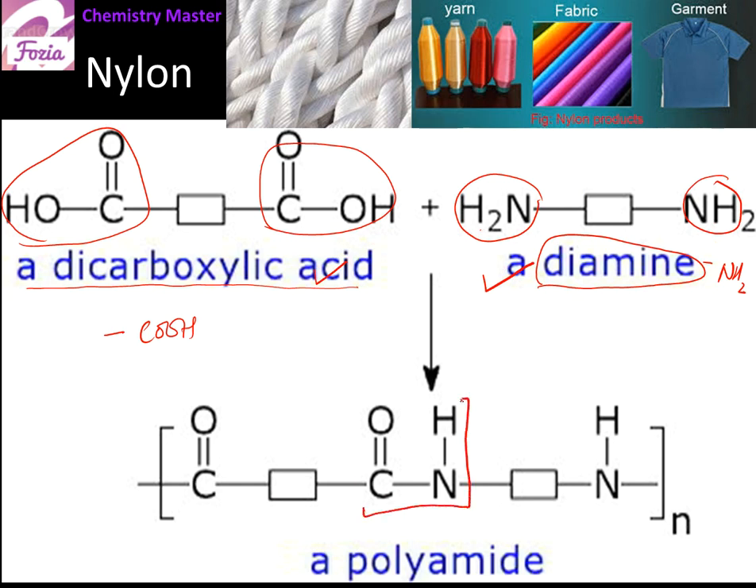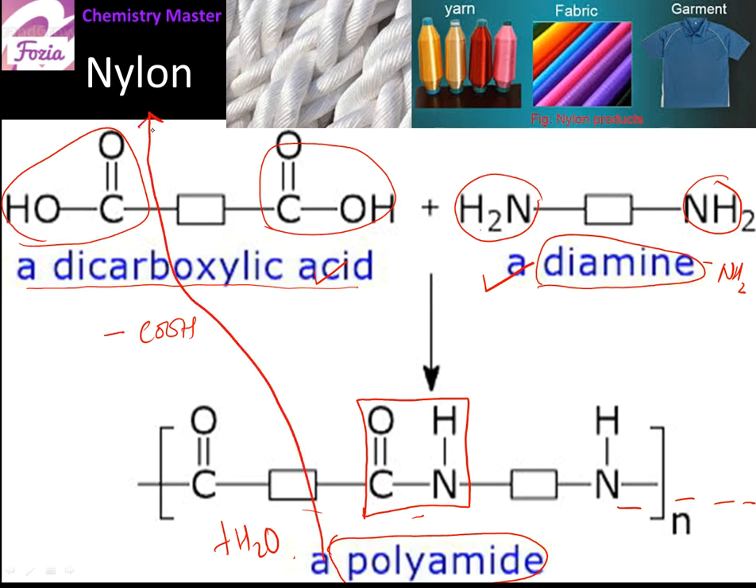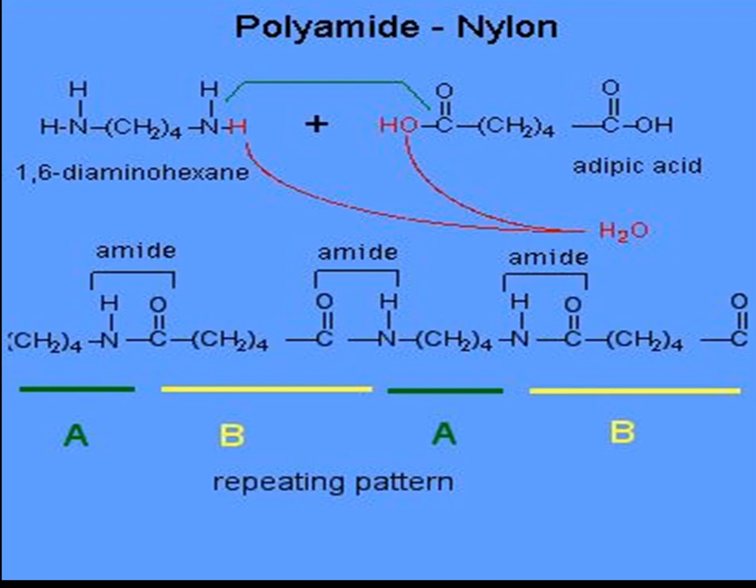Again, the condition is the removal of water molecule. So as this amide linkage will come after one another many times, that's why we are calling this a polyamide. So nylon is a kind of polyamide in which a dicarboxylic acid is condensed together, is linked together with the diamine. So here the actual situation is the nylon is a polyamide of